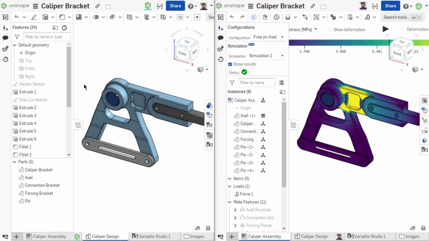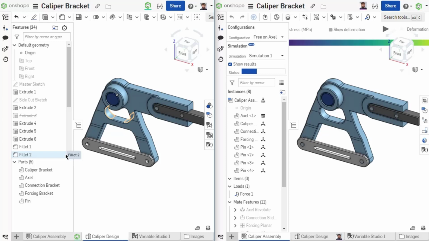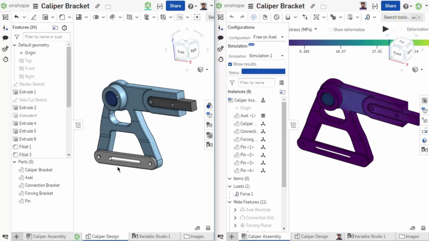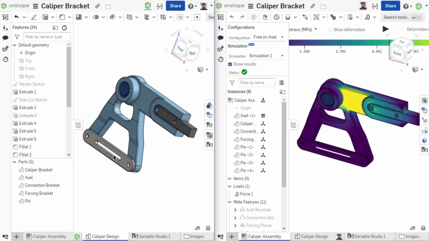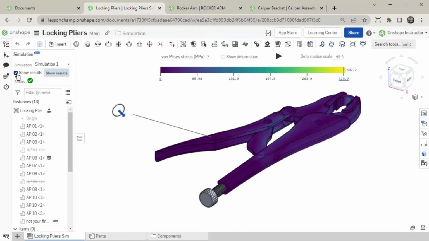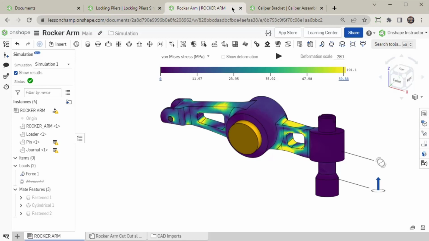Onshape provides robust collaboration methods you can leverage when working with simulations. This video discusses working on multiple simulations at once, view-only user capabilities, simulations in a publication, and capturing simulations with comments. With Onshape's cloud architecture, users are able to work on multiple simulations across numerous documents without forfeiting momentum on